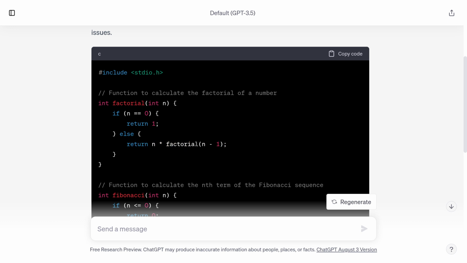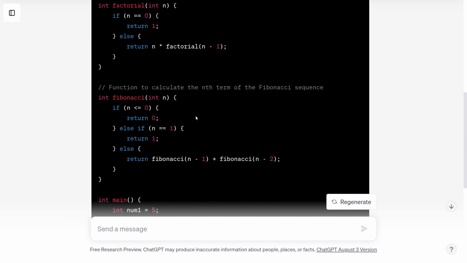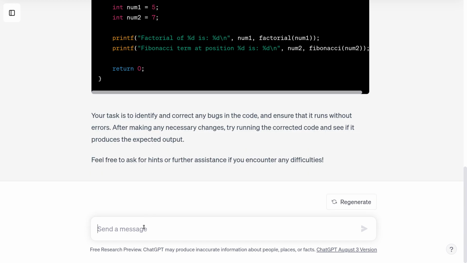Recursion is wonderful. I love recursion. However, I don't know that we all want to do that kind of debugging exercise this week. There are some videos in the sequence about what recursion is, and you're welcome to use recursion, and you might even want to ask ChatGPT for an exercise to debug some recursion. Just to remind you, recursion is where a function calls itself. So we can see here a call to the factorial function inside the factorial function. It's a wonderful concept, but something that we're not going to worry about and will not be on our midterm. So in that case, I think maybe we'll ask it to skip over that.